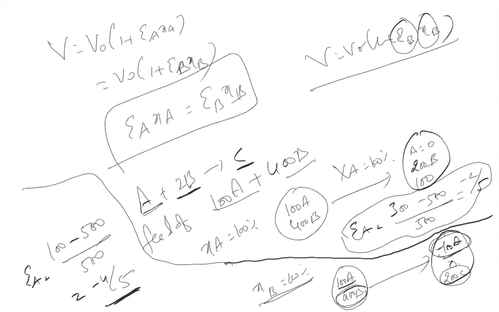Then what is total moles? 200 plus 100 minus 100 will be 100, minus 500, by 500, which is minus 4 by 5. Or else, if you are confused with 100% of B, since you don't have sufficient moles of A here, you can take 50% of B. That is also how you can solve this problem.